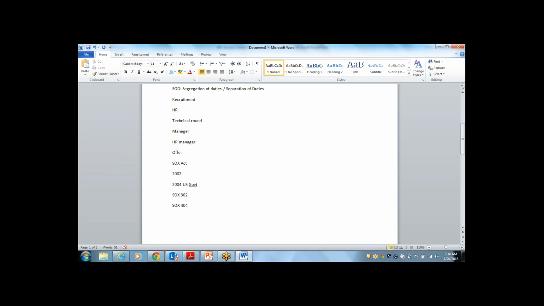That is his responsibility. After correcting the material errors, only then should he sign on it. So this is a rule, and like that, SOX 404 says the complete business transaction should not be given to the same person. As we discussed, segregation of duties: creating a vendor and initiating payment should not be given to the same person. VA01 and VB01 should not be given to the same person.